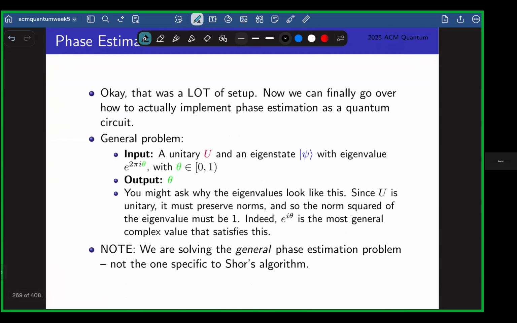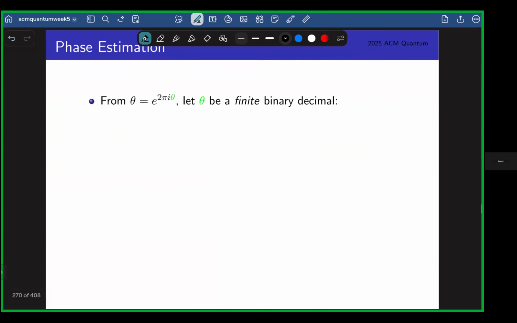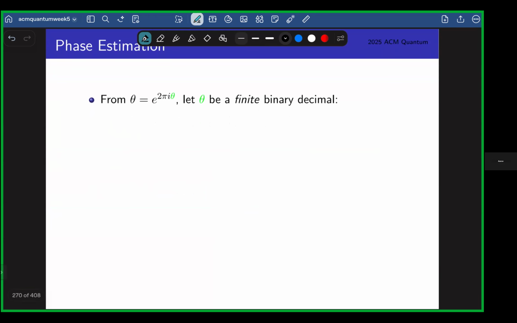So note what we're doing next is a general phase estimation problem. It's used in Shor's algorithm, but it's also used in other algorithms. So we're not using anything specific to Shor's right now. From that eigenvalue, e to the 2 pi theta, we're going to let theta be a finite binary